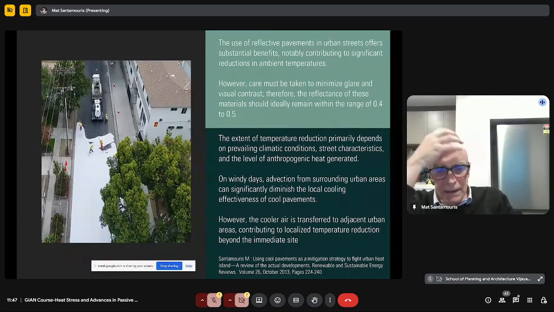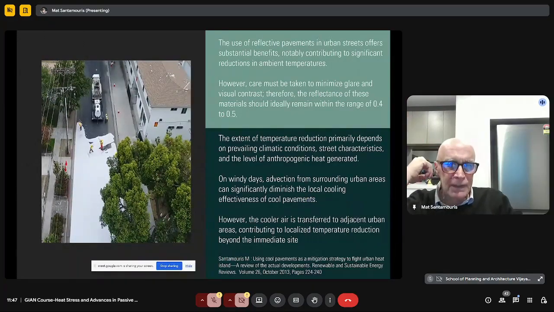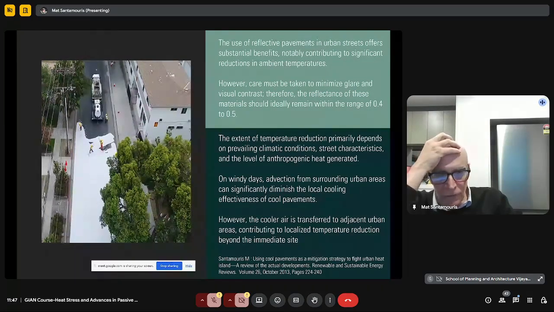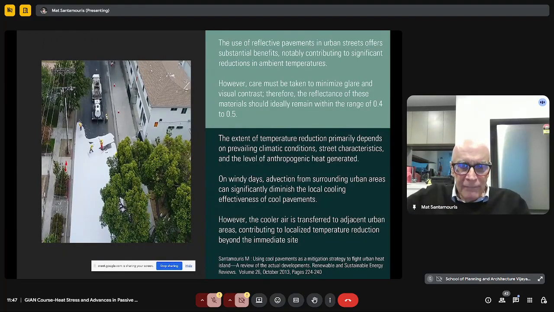So what you get really as a thermal feeling is not the temperature of the air above, let's say, the pavement, but it is the temperature of the air coming from the previous street. So you may understand the impact of the cool pavement on the next street, where the air above the pavement is transferred because of the motion of the wind. This is called advection, and this is very important. This is the reason that we need not just one street, but an extended application of these materials to cover most of the city.